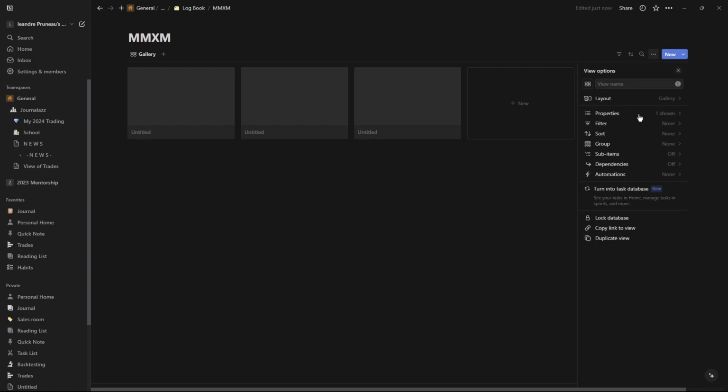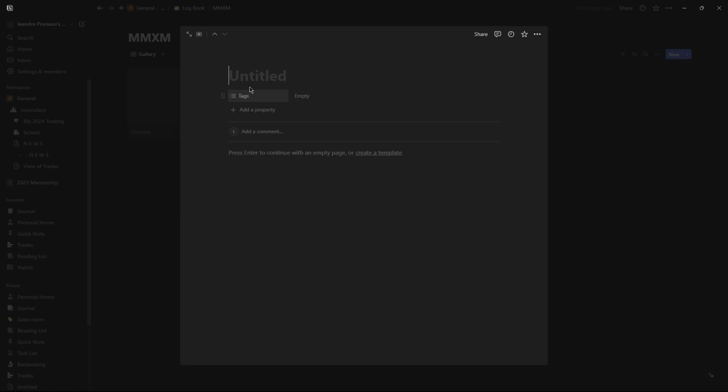You can also add new properties. So right now, the only properties are the name and the tag. So if I were to create a new one or go on an existing one, you can see there's just a tag and then the name, whatever the name is. All right. So if I want to add new properties, instead of doing it each time,